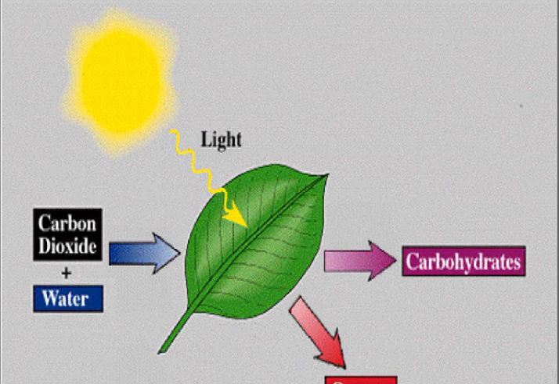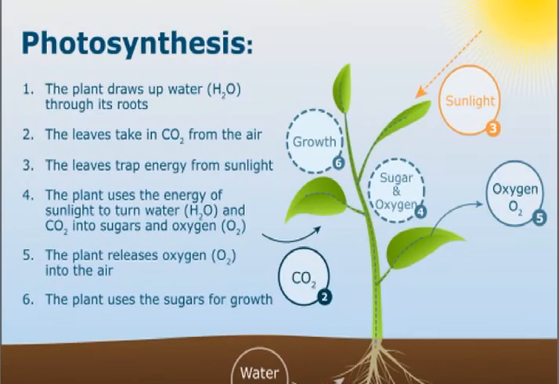Inside the plant, water is there which has been absorbed with the help of root. Carbon dioxide will be absorbed from the environment, and the entire reaction of photosynthesis will be conducted in a specialized structure known as chloroplast, and the reaction will result in production of carbohydrates and oxygen. In this diagram, the entire process of photosynthesis, or how the photosynthesis takes place in plants for the production of glucose and oxygen, is described.